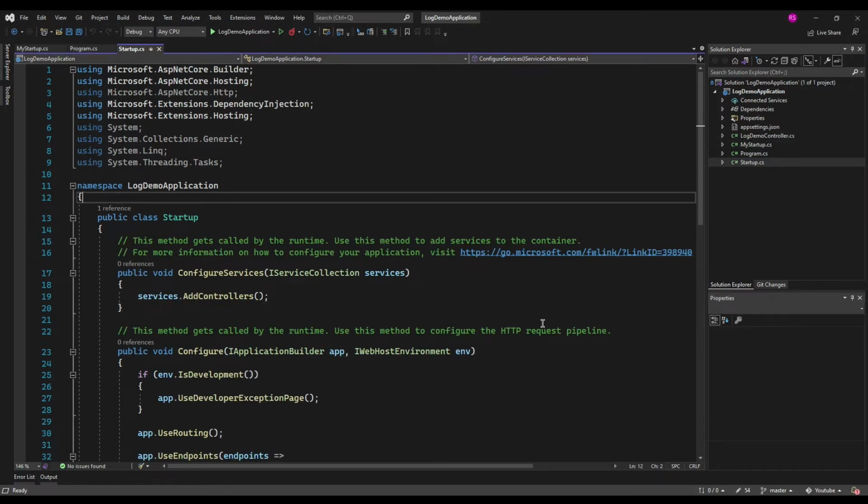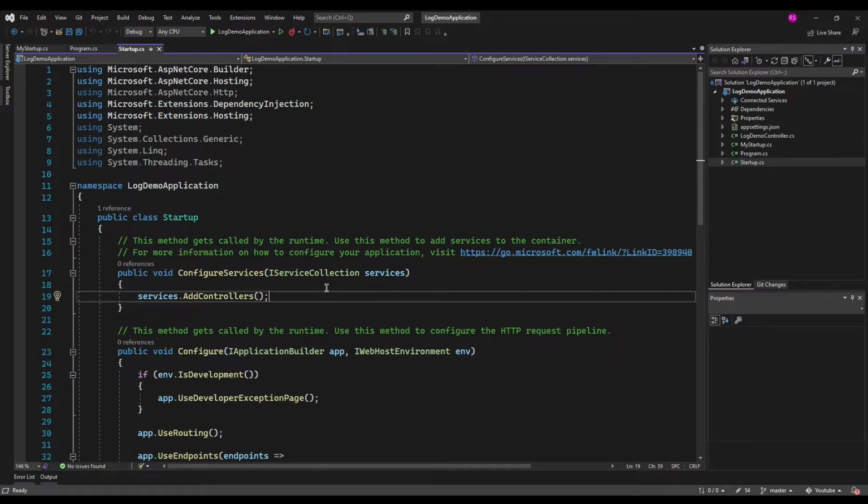When we look at the startup class which we got, we can see that there are two important methods which are part of the startup class. First one is the ConfigureServices method and the second is the Configure method itself. Here, if we look at the comments, it is written that this method gets called by the runtime. Use this method to add services to the container. So basically, the ConfigureServices method is used to register the services which will be used